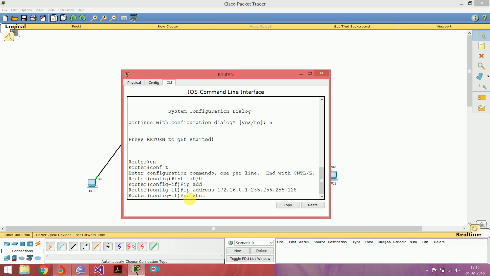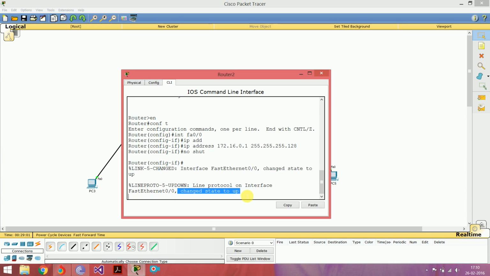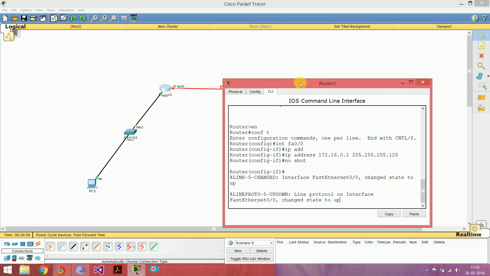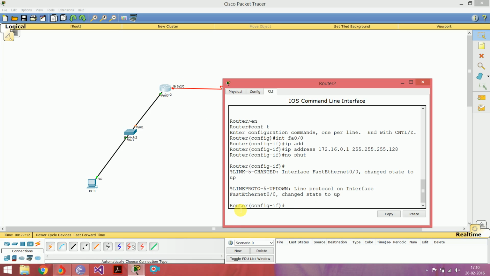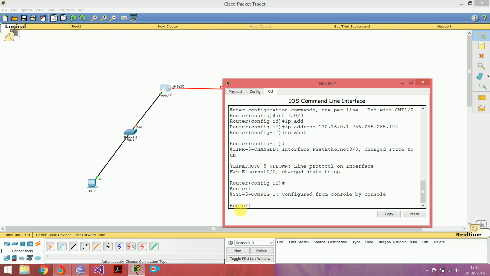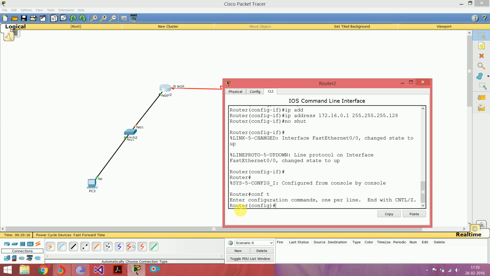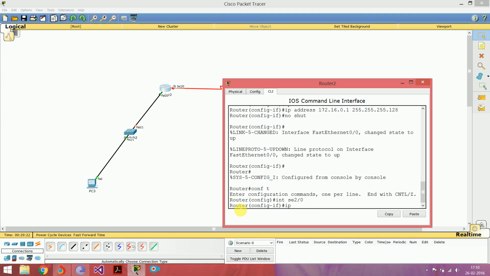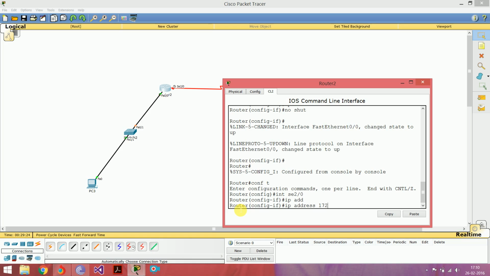No shut. You can see the FA0/0 is changed to up, and you can see the green dots blinking. Next we are going to configure the SE2/0 interface. Control C. Enter global configuration mode and our interface is SE2/0. Provide an IP address 172.16.0.226 with the subnet mask